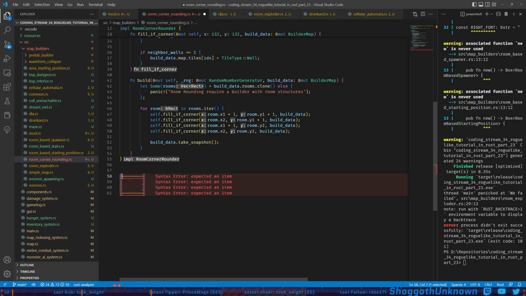X1 and Y1 is the upper left corner right here. X2 and Y2 is the bottom right corner right here. So X1, Y2 is the bottom left. X2, Y1 is the upper right. So that's where we get all these values from. So we give those